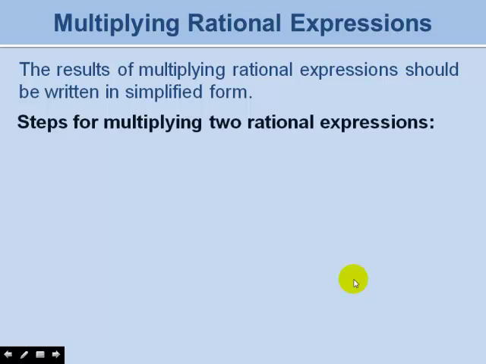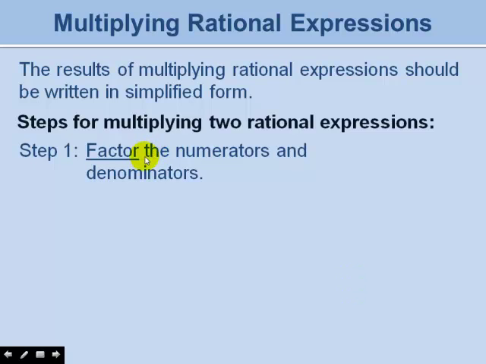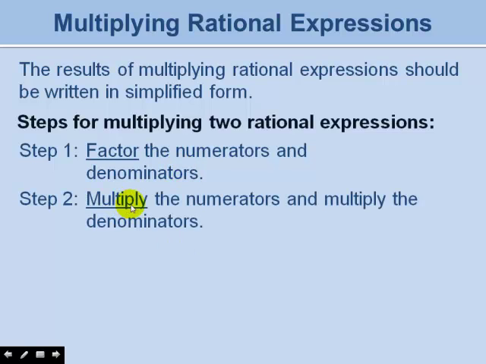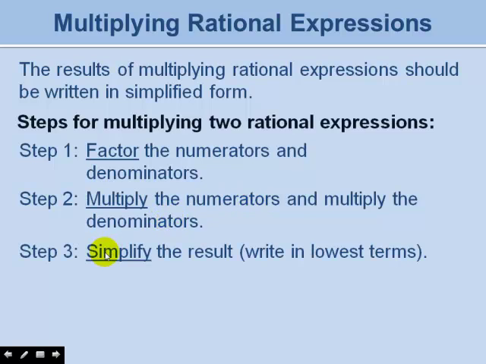So we're going to look at some steps for multiplying two rational expressions together. The way we're going to do this will end up with our answer in simplified form. So the first step we're going to do is to factor the numerators and the denominators of all of the rational expressions. Then after we've factored, then we're going to multiply the numerators and multiply the denominators, just like we did in the two examples. And the third thing is to check and make sure that our result is simplified. So we're going to make sure that all common factors have been canceled